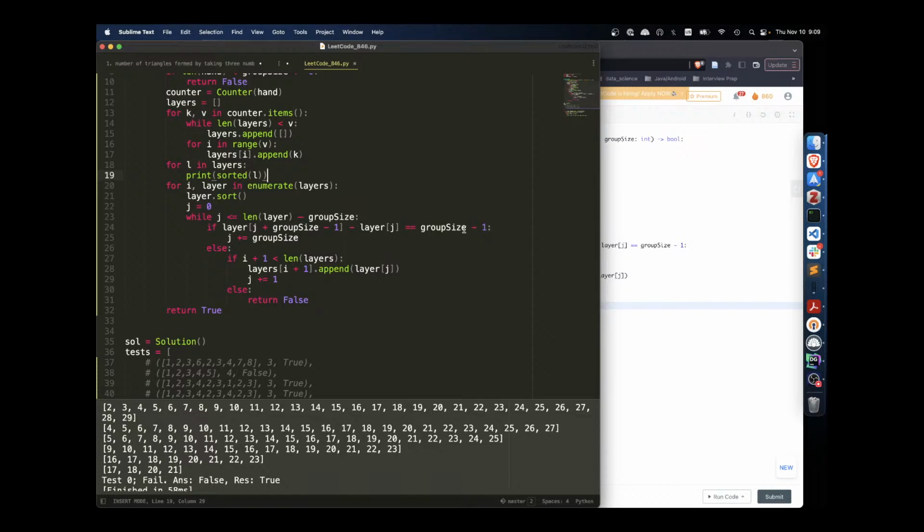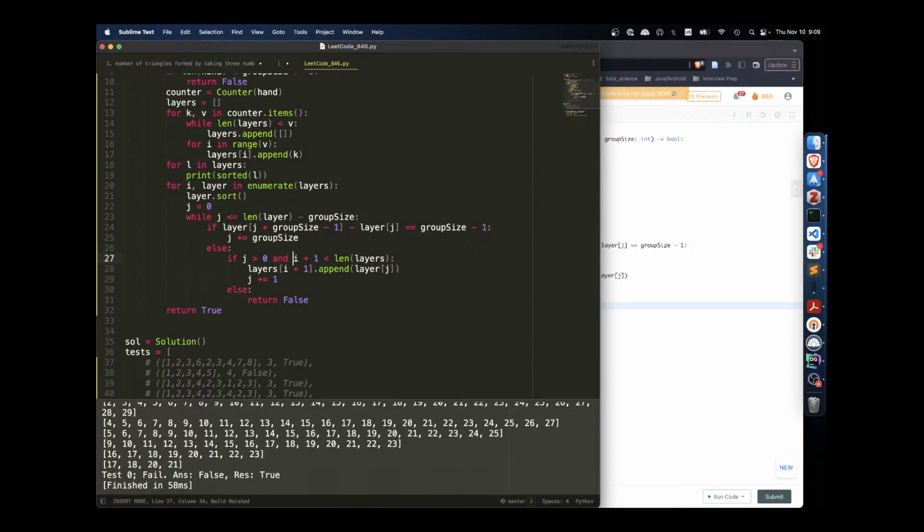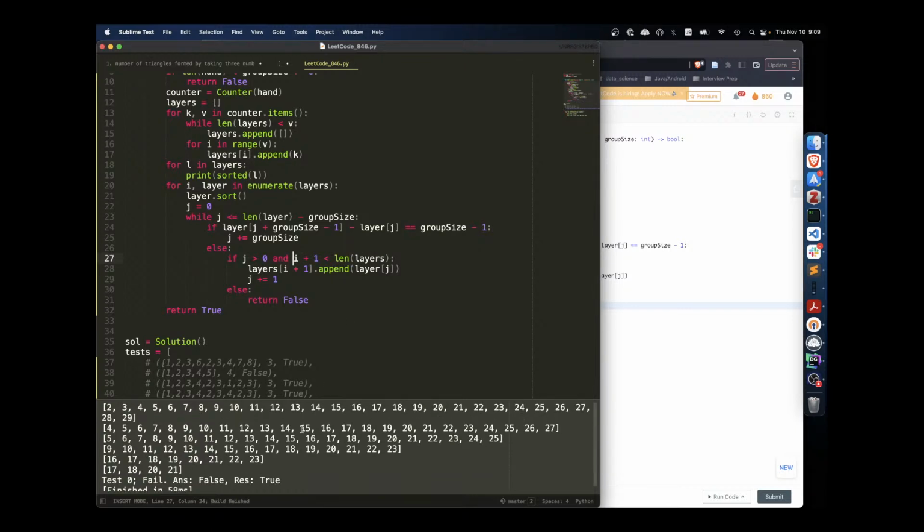If this, right, else, then we need to say if j is larger than 0. So it's not the first one. So if j is larger than 0, and yeah, doesn't matter on this one. So we see what happened to this one. This one's 10. So actually it will be easier to